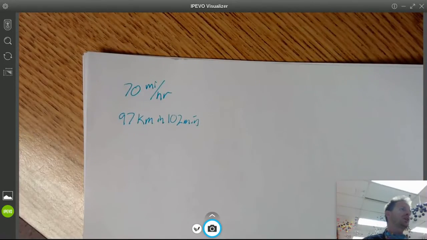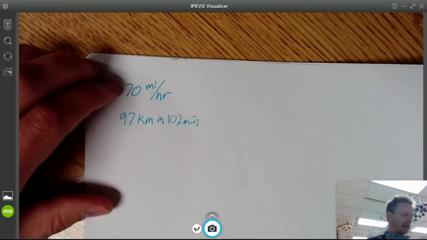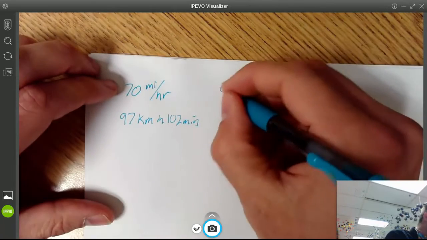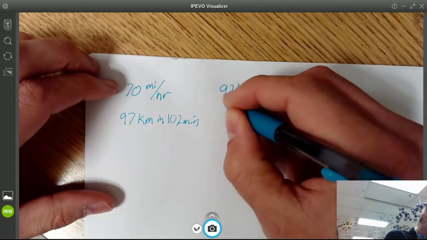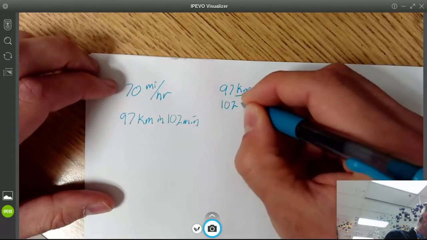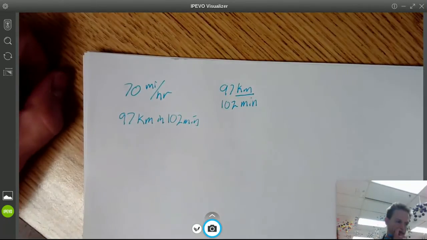Okay, now the weird thing about this one is both of those are equalities of fractions, right? So we start with one. It honestly doesn't matter which one we start with, but because we're used to miles per hour, that's probably the unit we want to end with. So let's take our 97 kilometers per 102 minutes